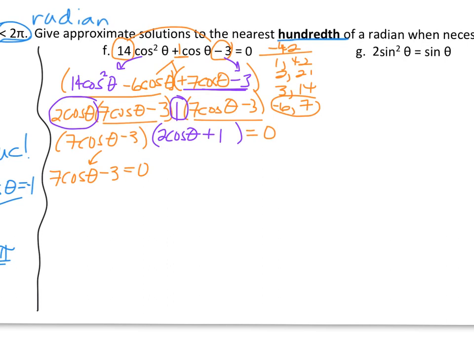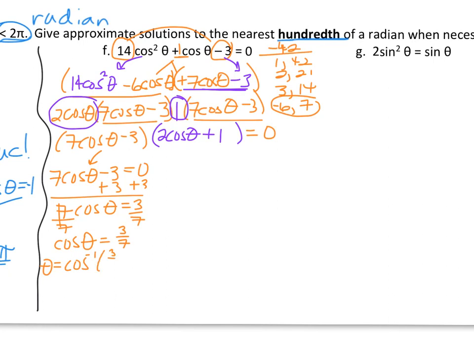And now that the quadratic is gone, we just solve using our primary rules like we did in day 1. I'm just going to move 3 over and then divide by 7, like so. And we get cosine theta equals 3/7. This is not unit circle friendly, so let's go ahead and grab our calculators. We'll take cosine inverse